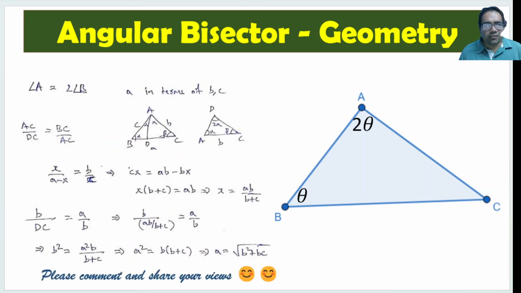Now, if we draw an angular bisector from A which meets this side at D, and this angle is theta and this is 2 theta, obviously when you draw the angular bisector, one side will become theta and the other side will also become theta. This is D. Now, if you see these two triangles,